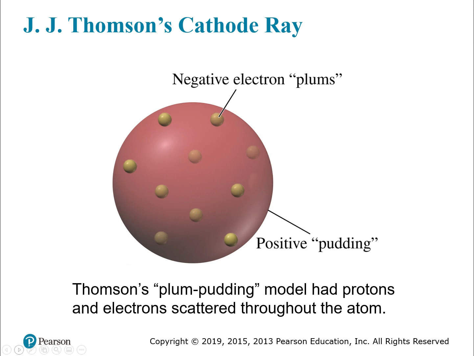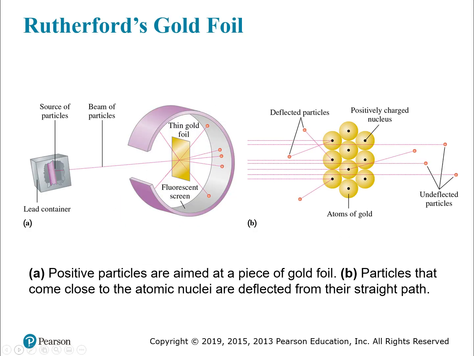What does that look like? So you have this positive pudding, this sea of charge. And dotted throughout are the negative electrons, or the plums. So that was his model of the atom. And this sea of positive charge was just a lot of empty space. And then you had some electrons kind of dotted around in there. However,